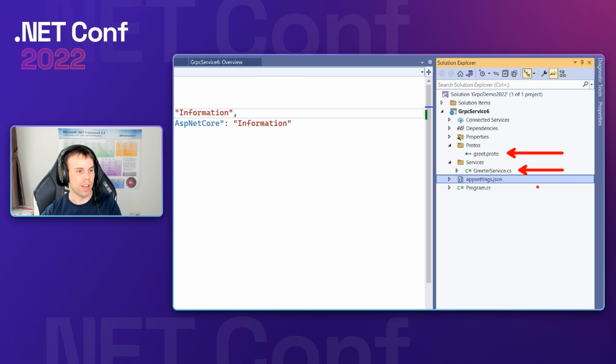This will use all the types defined in that greet.proto, and this is where you place your business logic. So this is where you place logic to handle an incoming message. You can respond to it, you can validate it, you can use it to call off to a database, save files to disk, and then eventually return a response. And then finally, we've got program.cs. That's the standard startup location where everything's wired up.